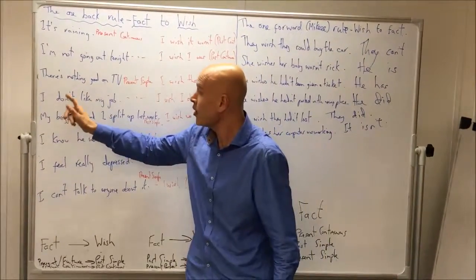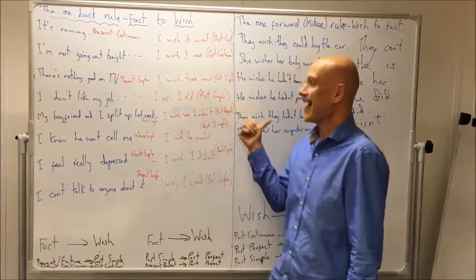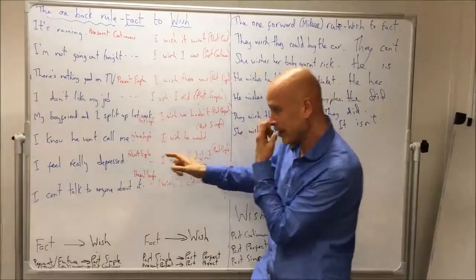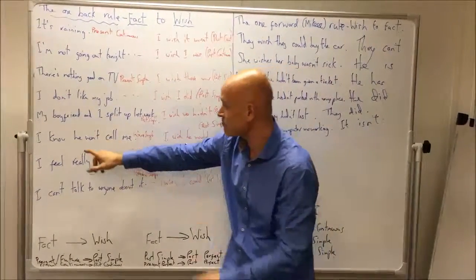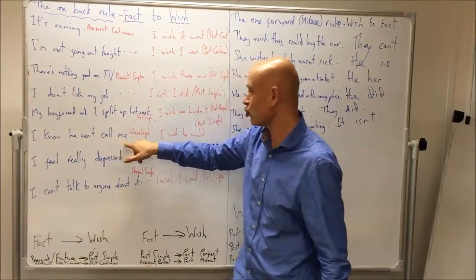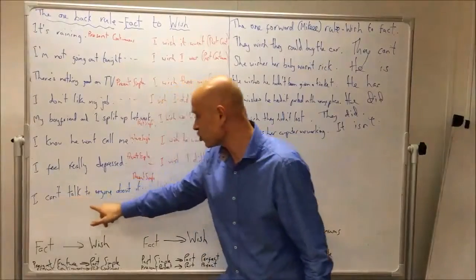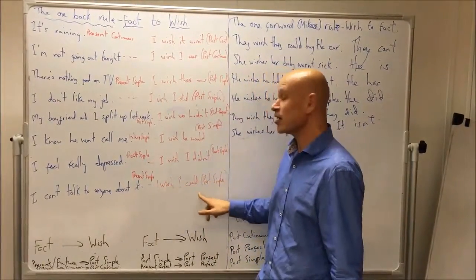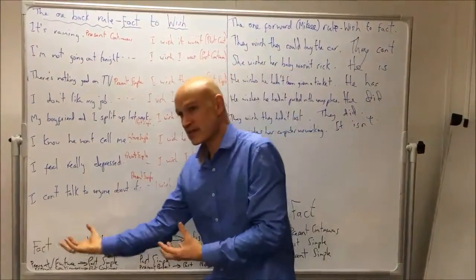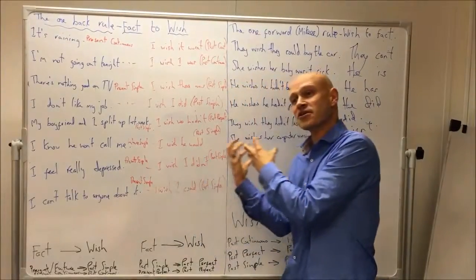So for example, my boyfriend and I split up last week. I wish we hadn't split up last week. So there are a few more here. There are a couple here that work with modal verbs. So this is like future. I know he won't call me. I wish he would. And I can't talk to anyone about this. I wish I could. So basically going one back, present to past, or future to past, or past to past